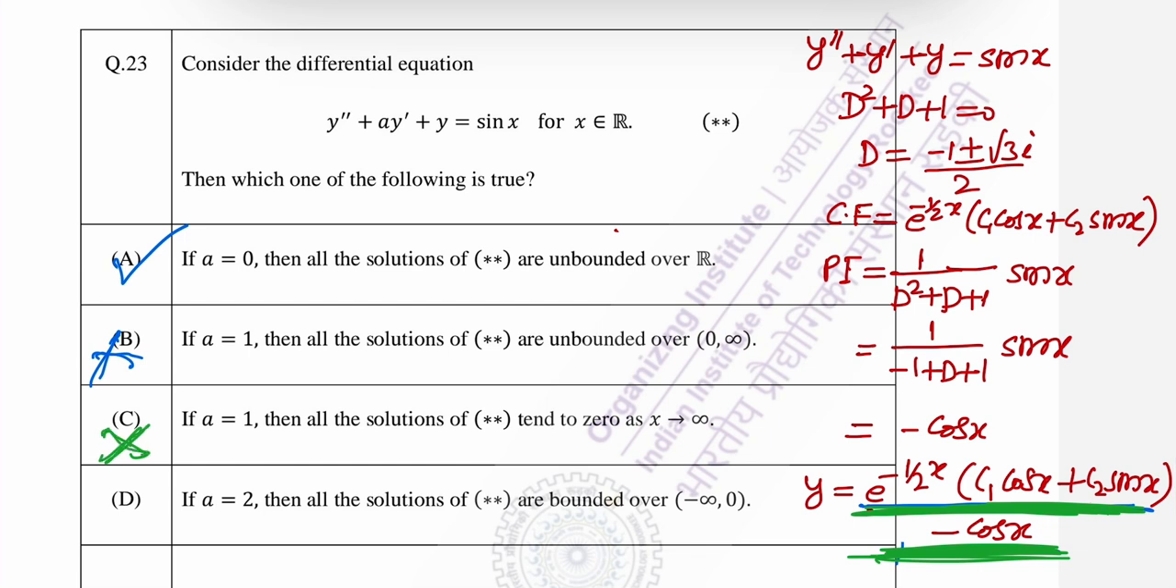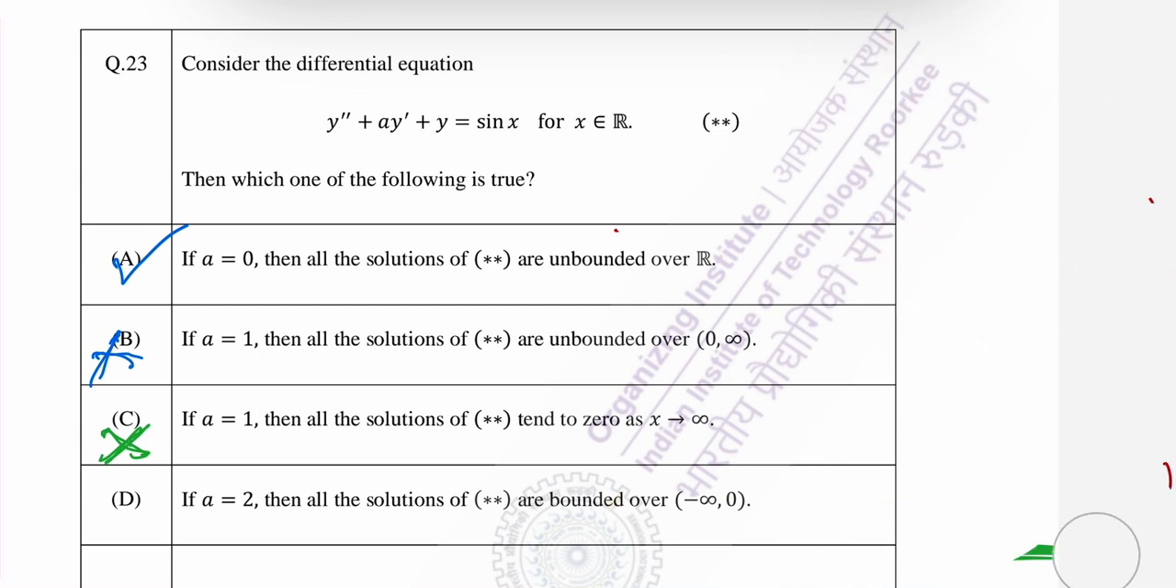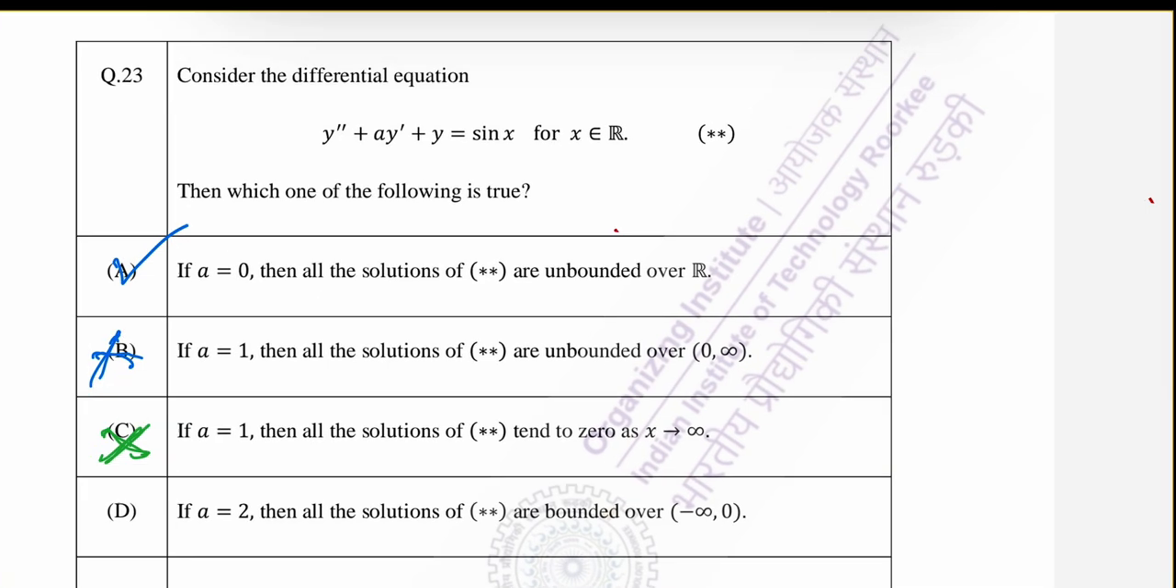Now we go for option D, and you see in option D it is a equals to 2. So what should we do? We should solve the equation for a equals to 2. So now I erase this whole thing. At the place of a, we take 2. So our equation will be y double dash